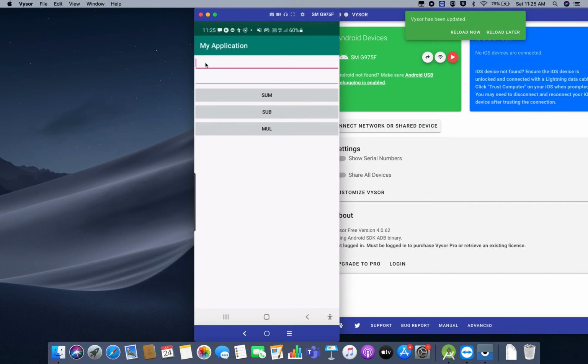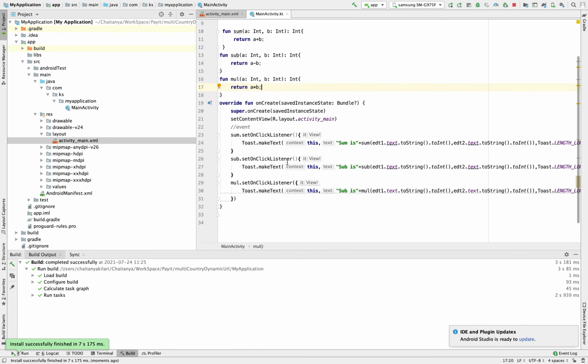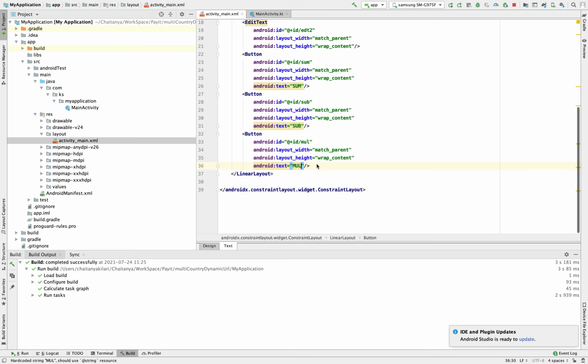See this, 5 into 90. Multiplication is 450. Okay.